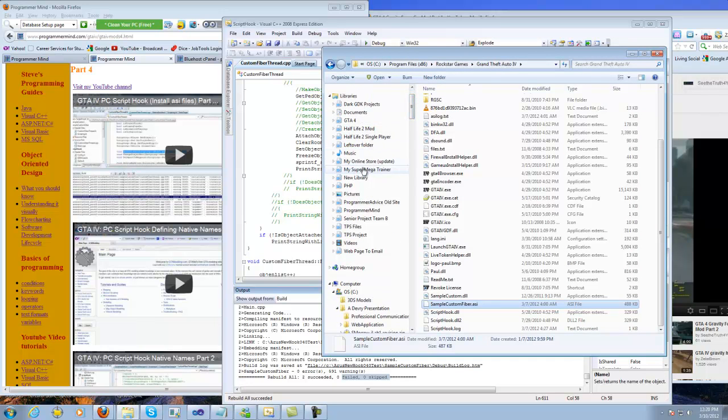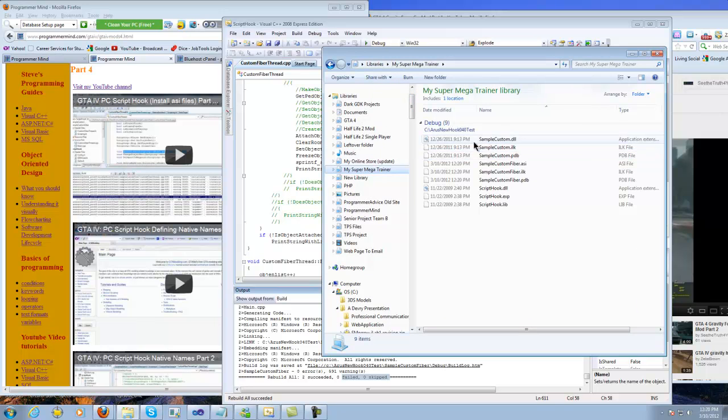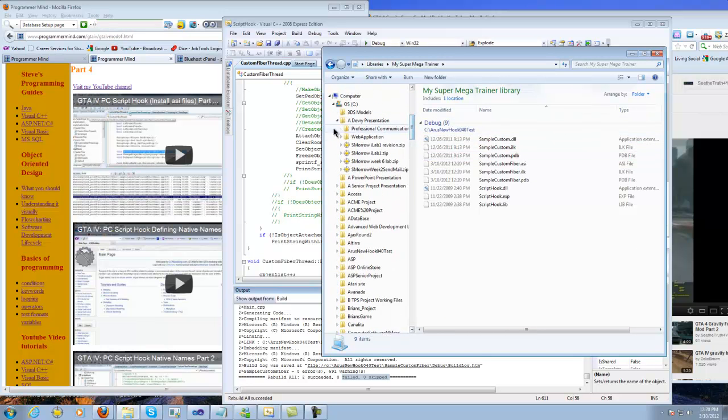Let's see where I put it. My Super Mega Trainer. Just click on it right here, and let me show you step by step, because you might not follow that here. Okay, this is just a folder I created for my